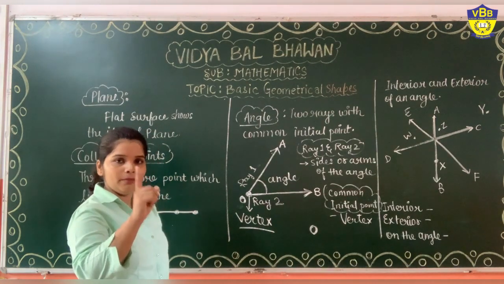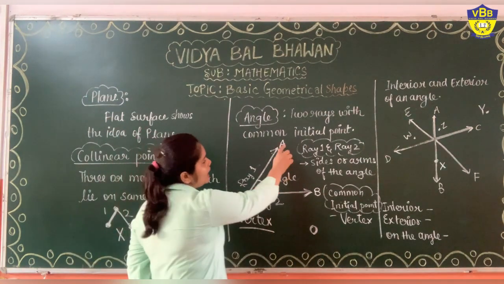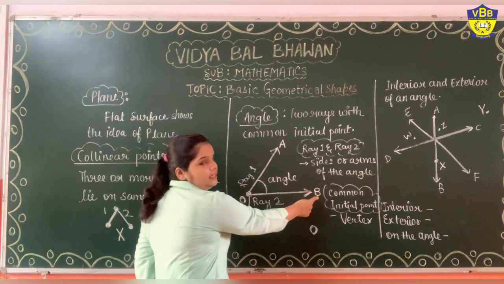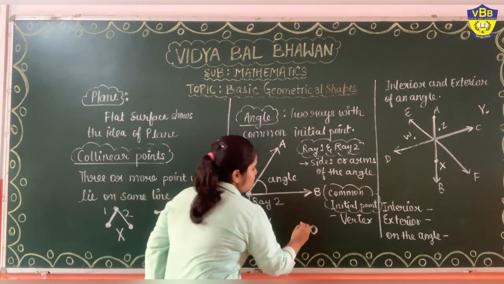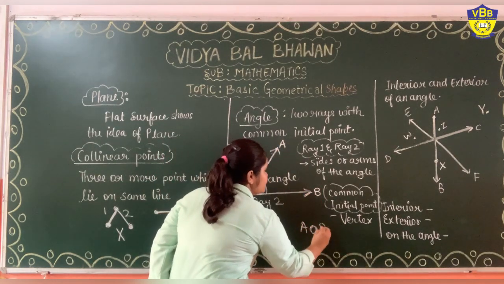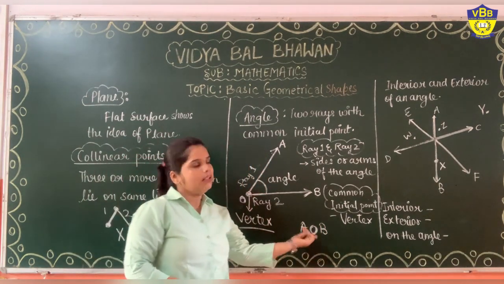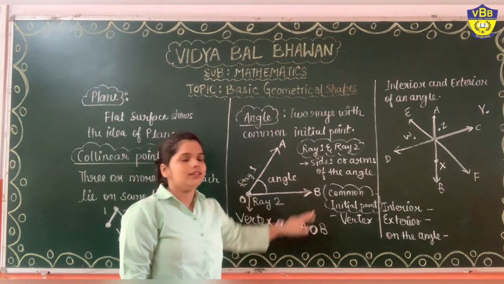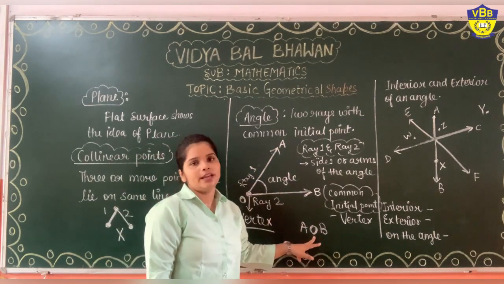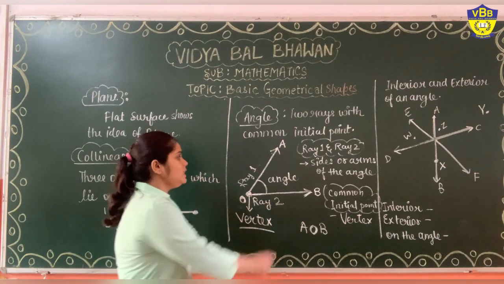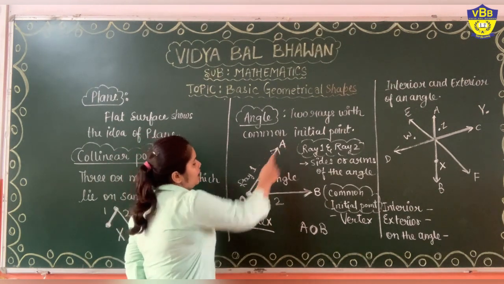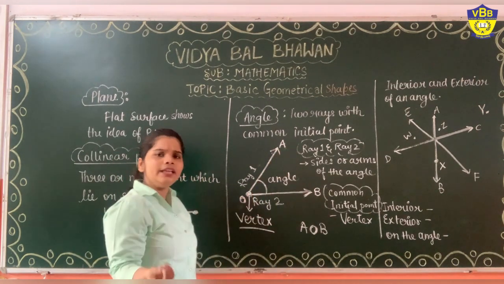The vertex will be written in the middle only. After that, the other two names, A and B, can be arranged by its side. O is in the middle and the rest of the two letters are by the side of O. So what is the name of this angle? AOB, or it can be